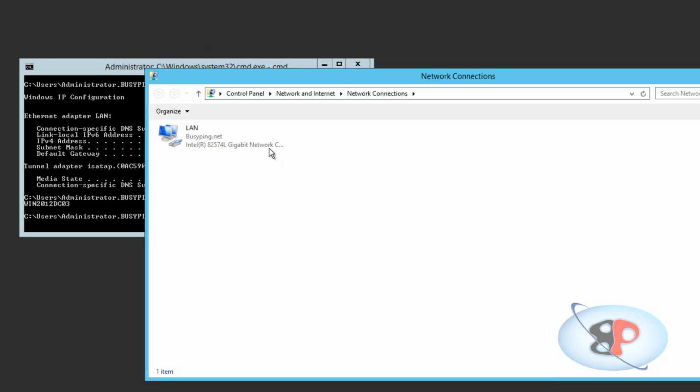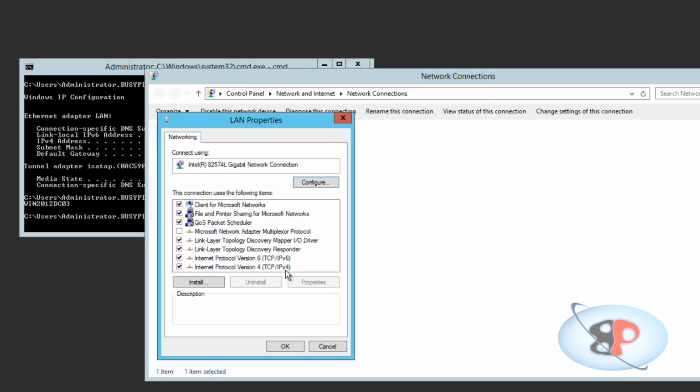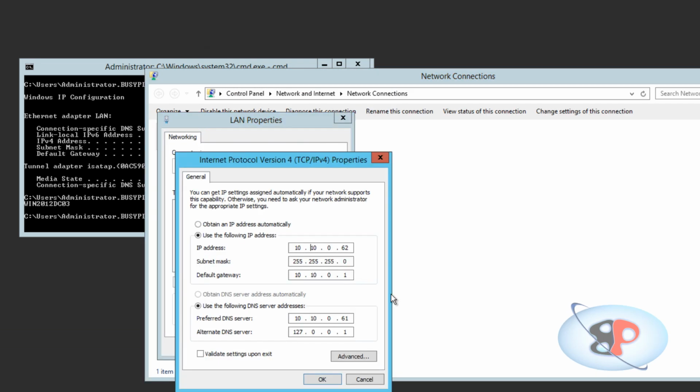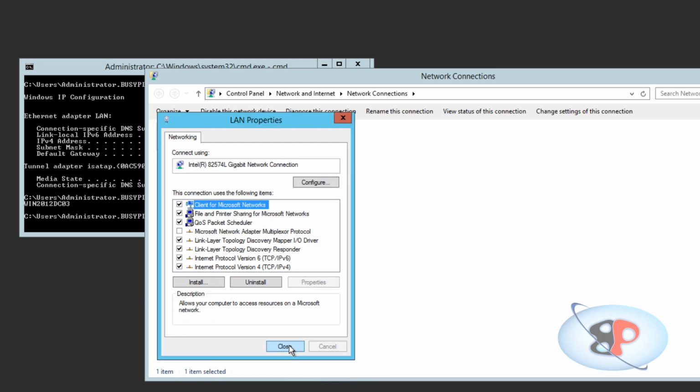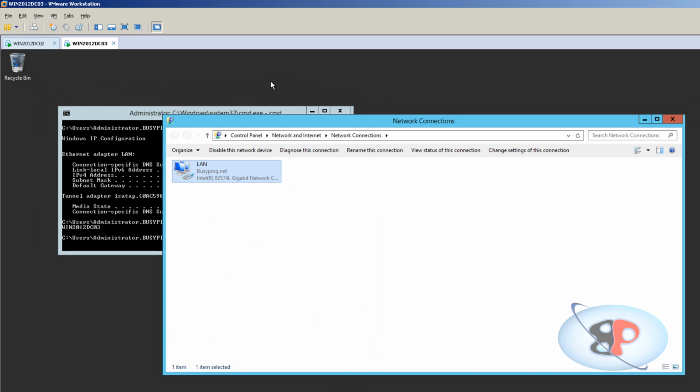So I'm going to go ahead and change it right away. So the default gateway will be 10.20.0.1. Okay, now that I have changed the subnet and I have put this on a completely different LAN segment,